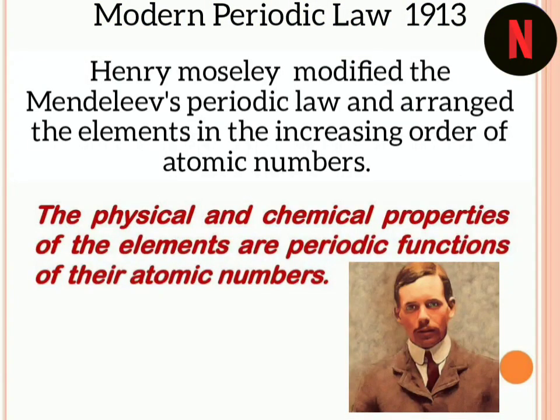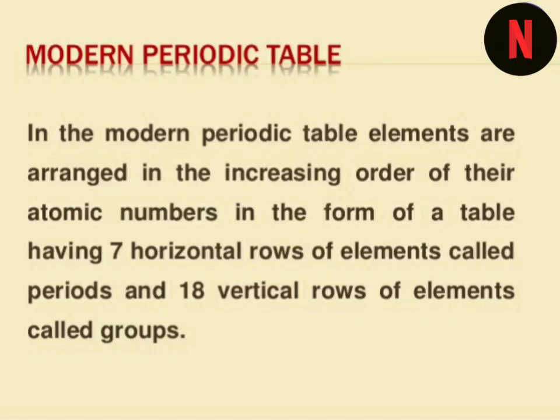In 1913, Henry Moseley modified Mendeleev's periodic table and arranged the elements in the increasing order of their atomic numbers, and this is called the modern periodic law. According to the modern periodic law, the physical and chemical properties of the elements are a periodic function of their atomic numbers. In the modern periodic table, elements are arranged in the increasing order of their atomic numbers in the form